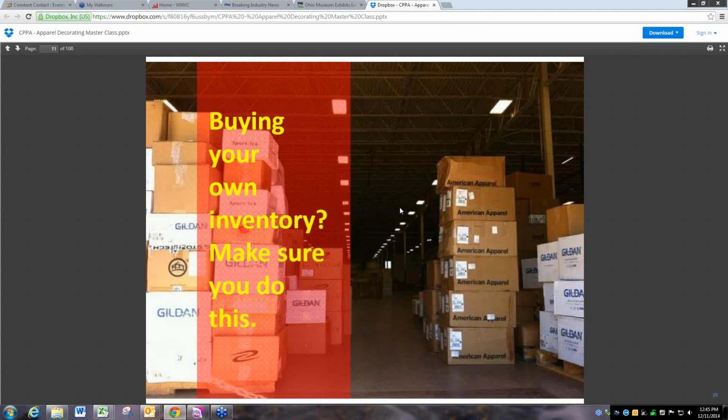One of the great ways to build margin is to not let your decorator purchase the inventory, because if they do that, chances are they're going to mark it up 20 or 30%. So if you want to make more margin on a job, you buy it yourself, and you can ship it in to your decorator, and that way he's only charging you